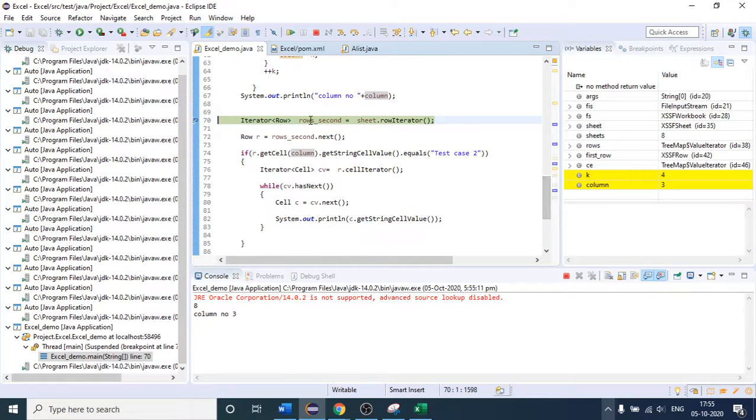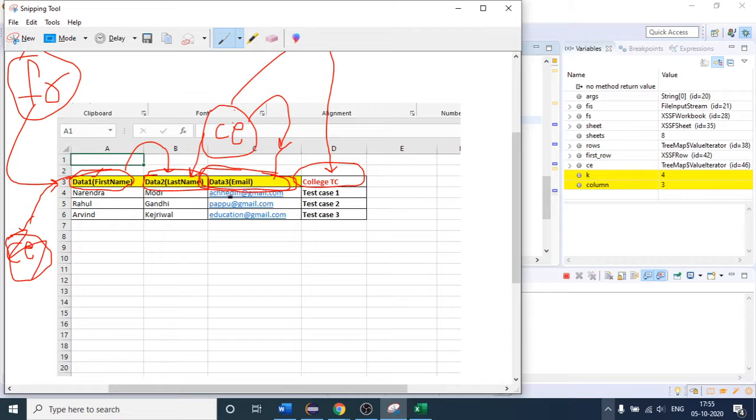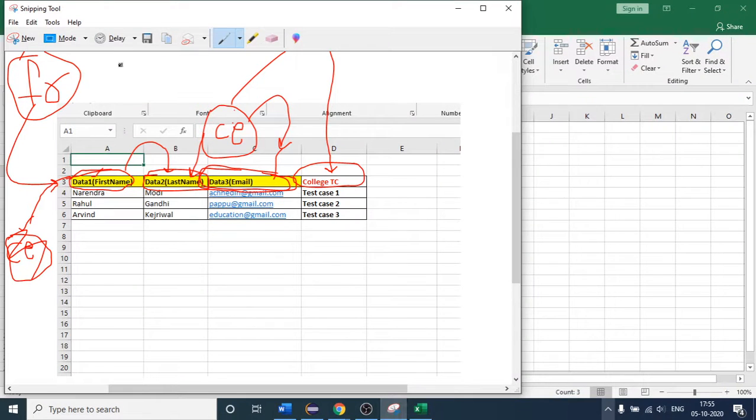Again I'm placing one iterator, and this is my iterator object, rows hyphen second. Let me take one screenshot of the same.